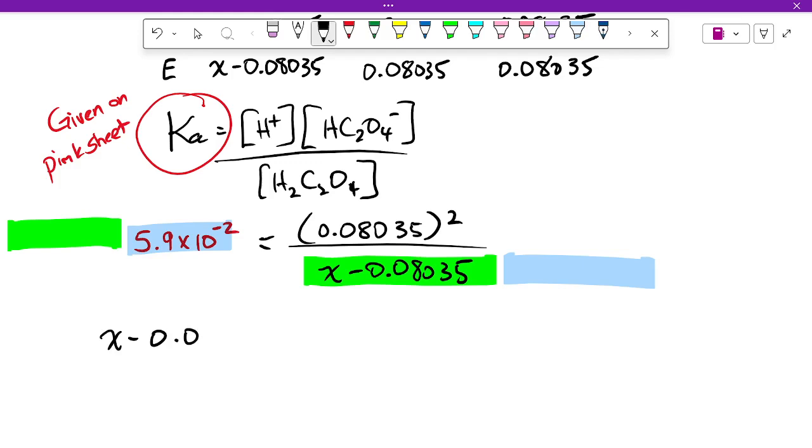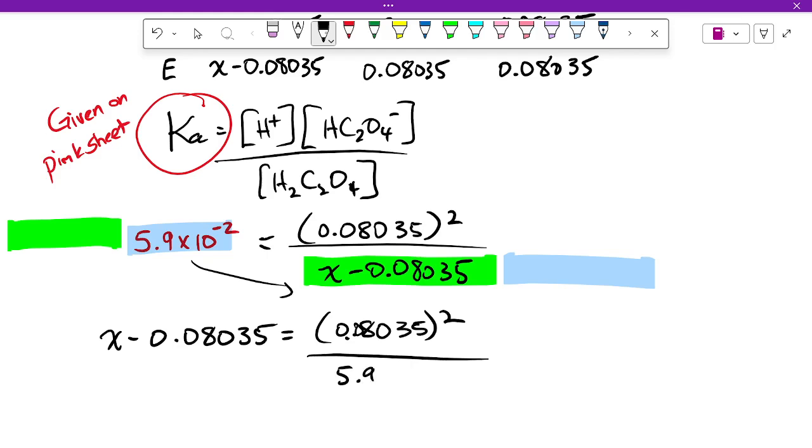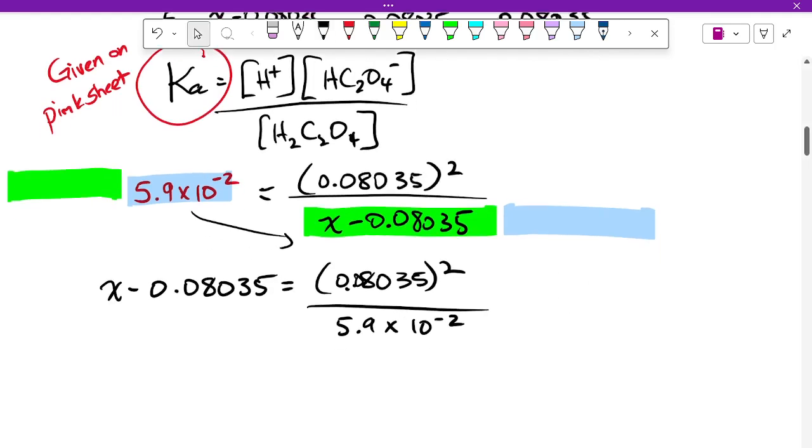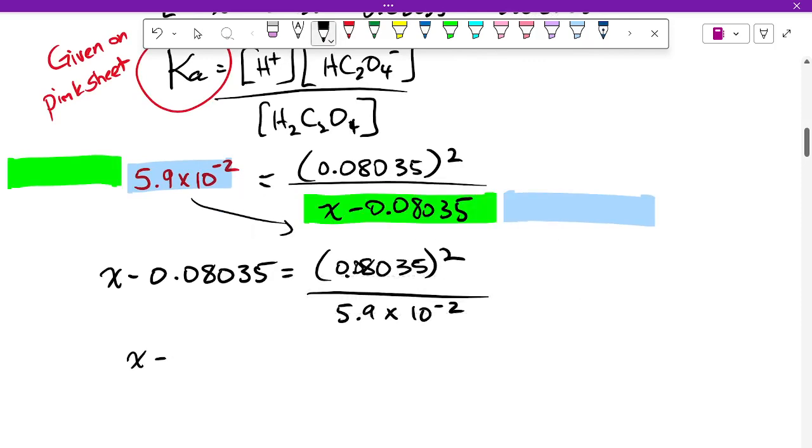x minus 0.08035 equals, and this is still up here, 0.8035 squared over, and now this guy comes down here, 5.9 times 10 to the minus 2. And now life is a lot better because now we can say x minus 0.08035 equals 0.08035 squared divided by 5.9 times 10 to the negative 2